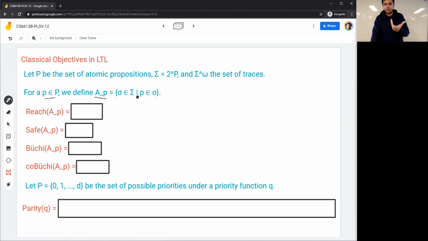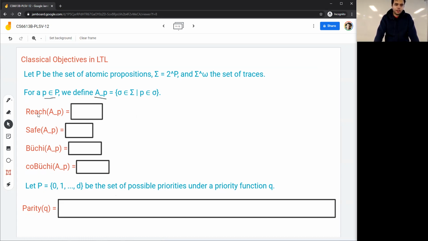Again, remember that my letters are sets of propositions. So this makes sense. Ap is the set of all letters that include p, or in other words, Ap is the set of all subsets of big P that include small p. Okay. If this is my definition,